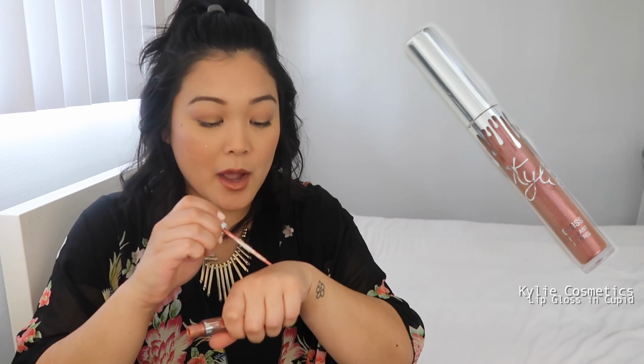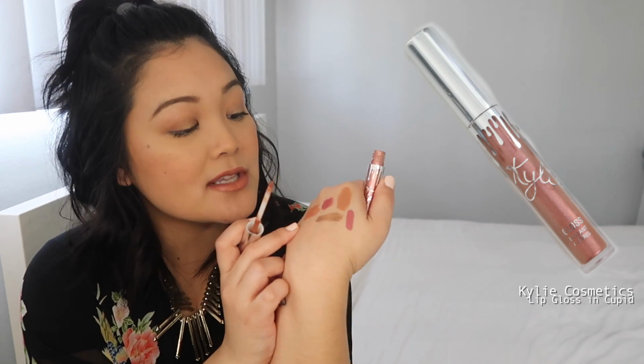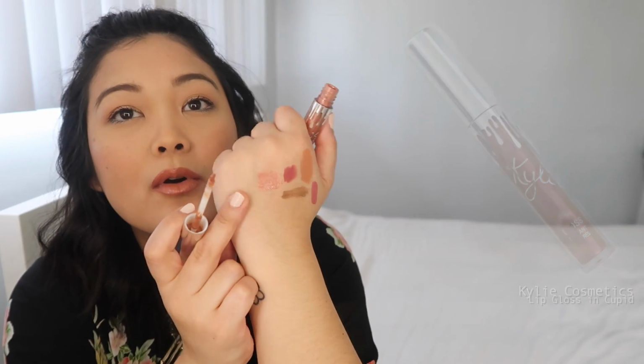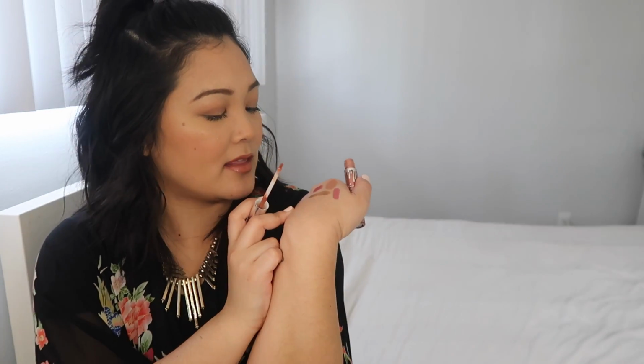But I have a gloss. This is also from Kylie Cosmetics. This is Cupid. This is from some Valentine's Day collection, but this is the lip gloss in Cupid. I have it on today. I think it is beautiful, this pretty neutral pink. Look at that. It's not too pinky, it's not too rosy. It almost has a little bit of coral in it, a pinky, peachy pink. Yeah, there you go. Peachy pink gloss